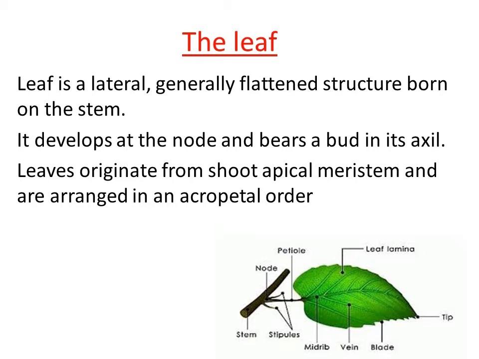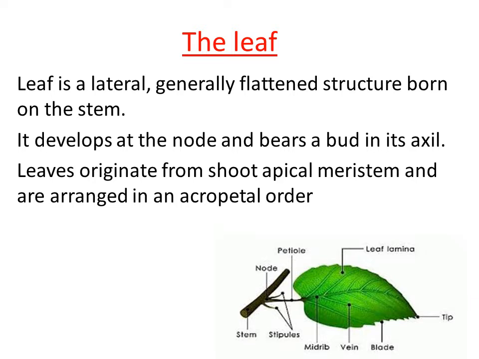What is the function of the leaf? The leaf is green in color, right? It consists of lots of chlorophyll pigment. Because of it, it synthesizes its own food material. So the leaf is the part of the plant where food is synthesized. Photosynthesis, the main process taking place in the plant, actually takes place in the leaf. Clear? In the plant, we have seen two systems. One is the root system, which grows in the soil region, and another is the shoot system, which grows above the ground.